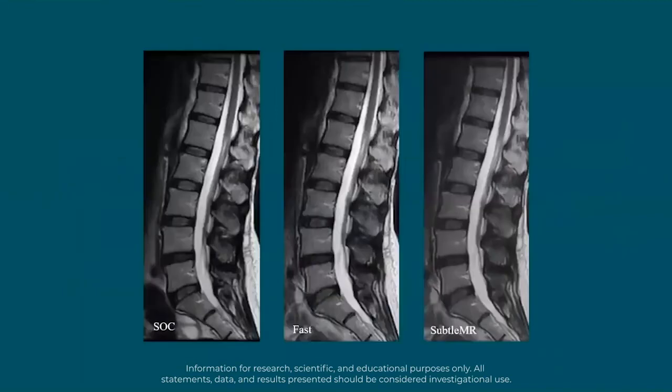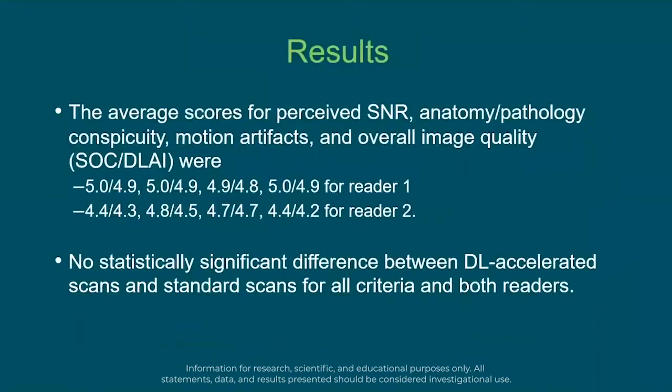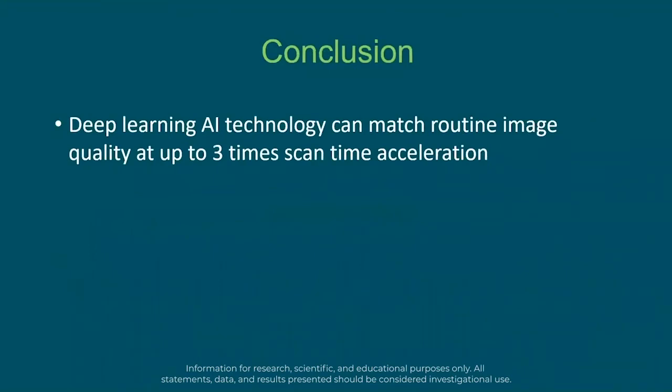This is another example of a subtle enhanced fast scan. Our results show that there was no statistically significant difference between the DL accelerated scans and the standard scans for all criteria and both readers. So our conclusion was that deep learning AI technology can match routine imaging quality at up to 3 times scan